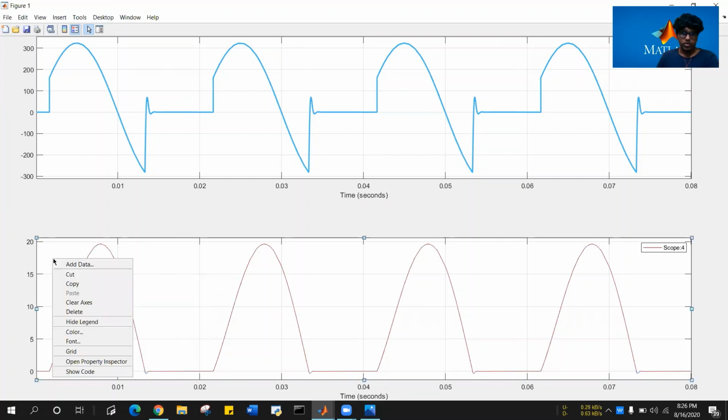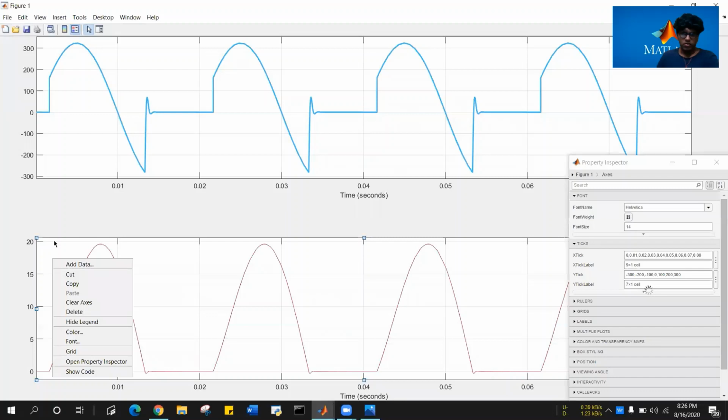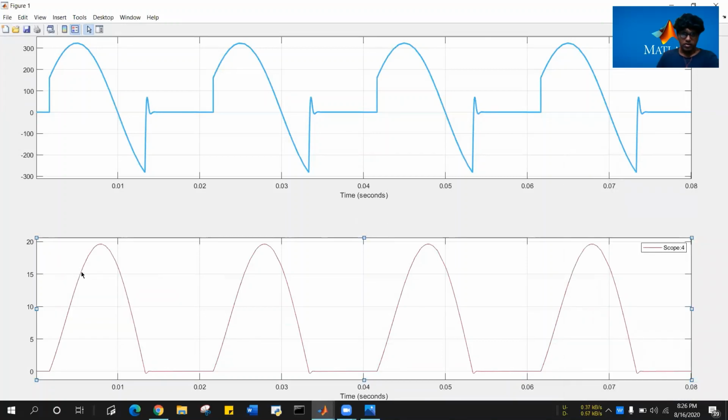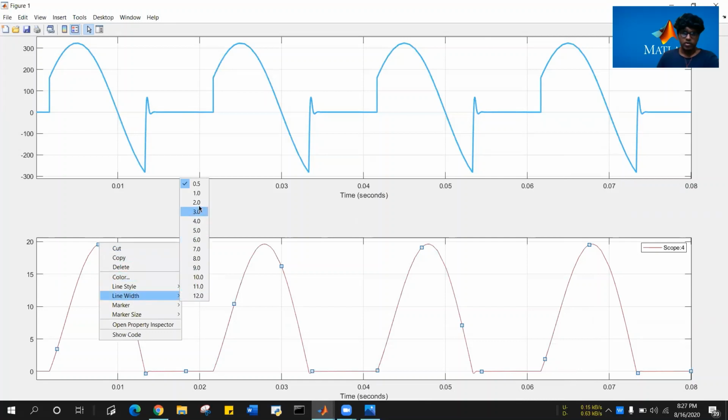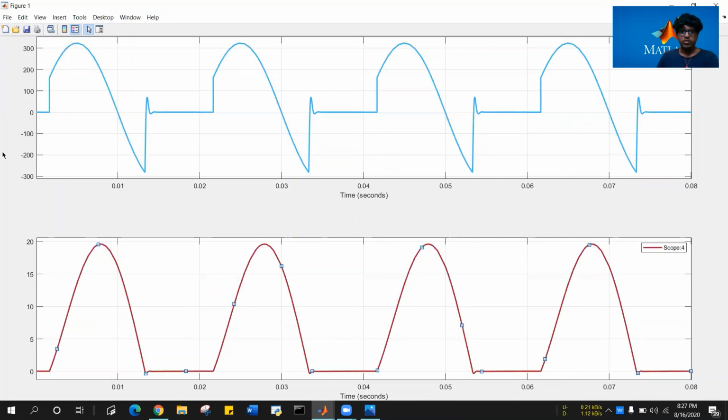Okay, so as you can see, just don't click on the graph plane. Make sure you click on the line. Just click on the line and select the line, so these dots will come, and then right click, so line width will come. And then you can insert the y-axis. Click on this, insert y-axis.